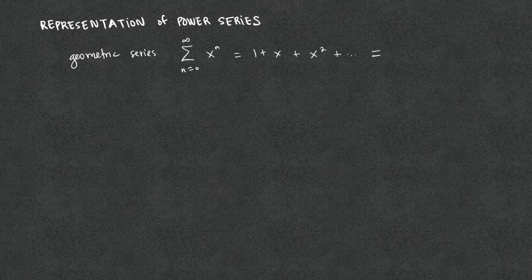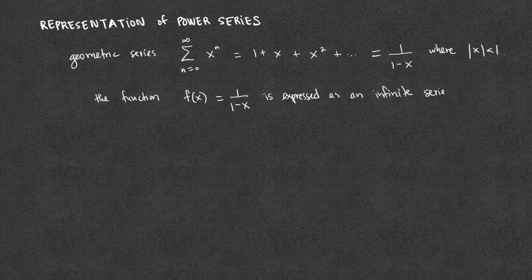Representation of power series. From the geometric series, we have the sum as n goes from 0 to infinity of x to the n power can be expressed as 1 over 1 minus x, where the absolute value of x is less than 1. The function f of x equals 1 over 1 minus x can be expressed as an infinite series. However, this must be viewed as f of x equals 1 over 1 minus x equals the limit